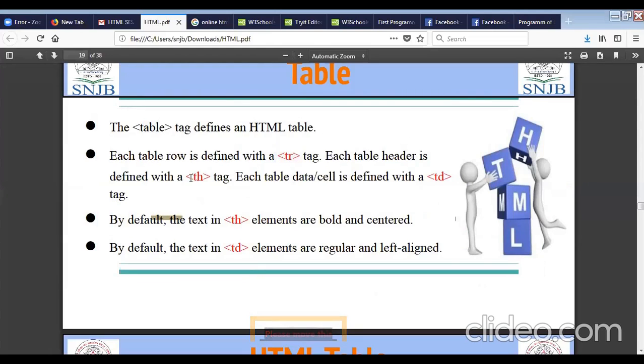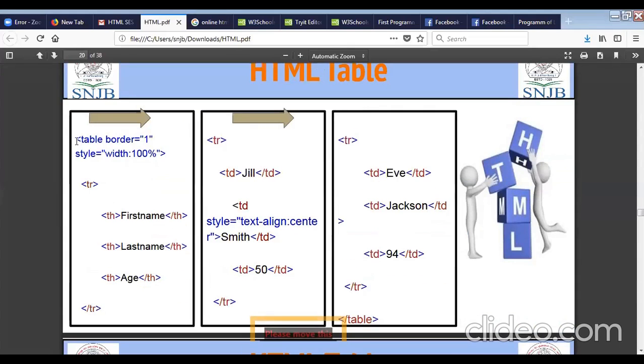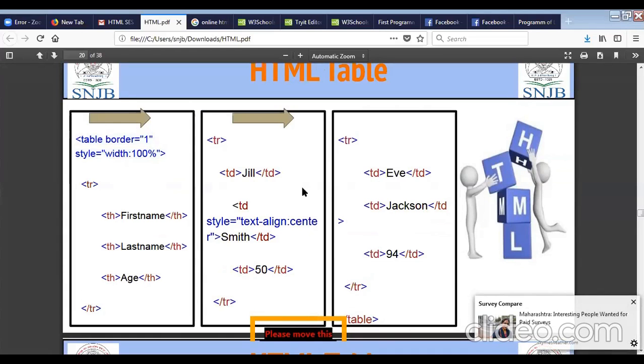For giving the table heading, you have to use the th tag. For giving the table data, you have to use the td tag. Then I have added header things, then data things here.